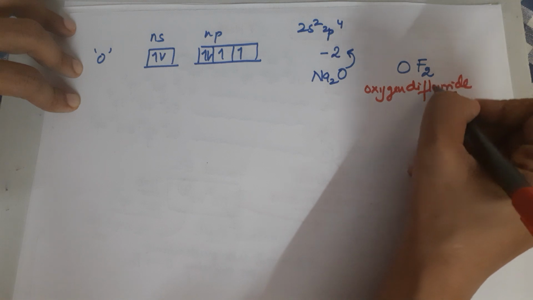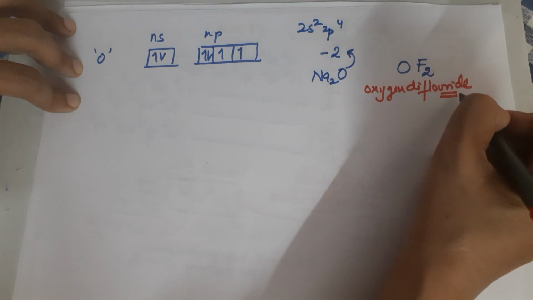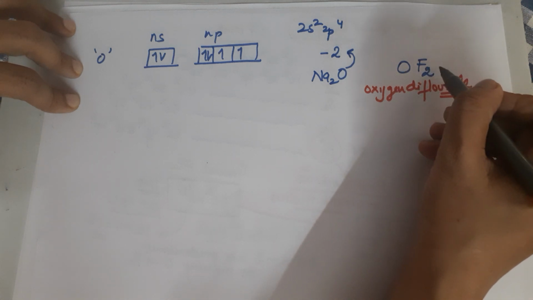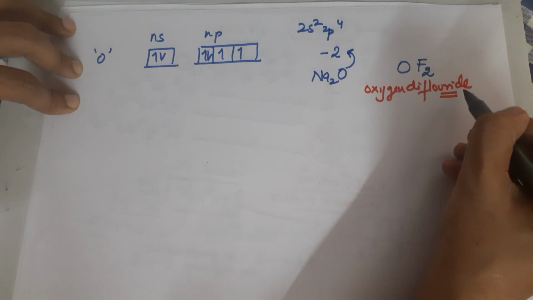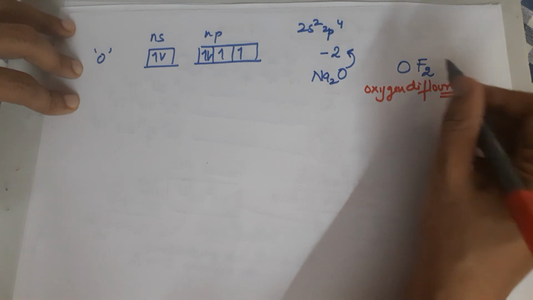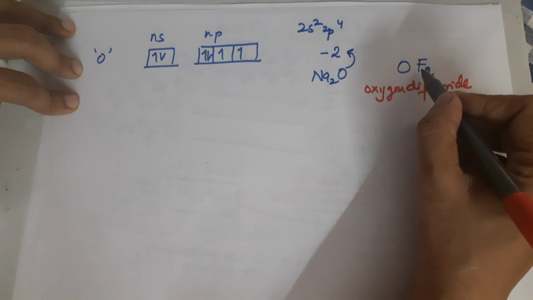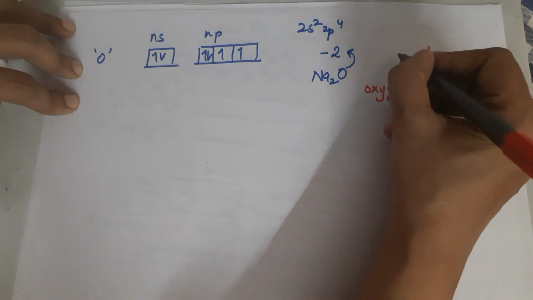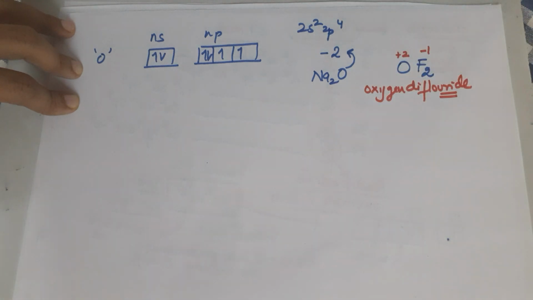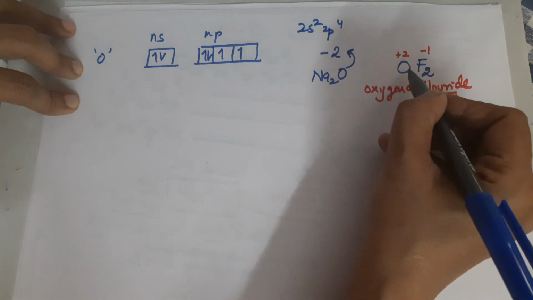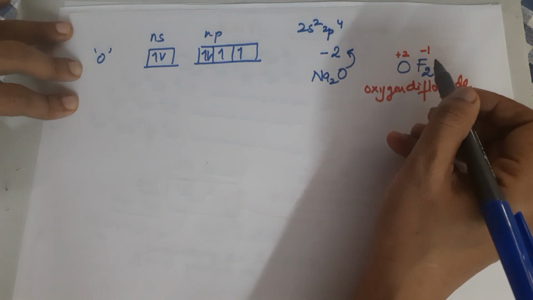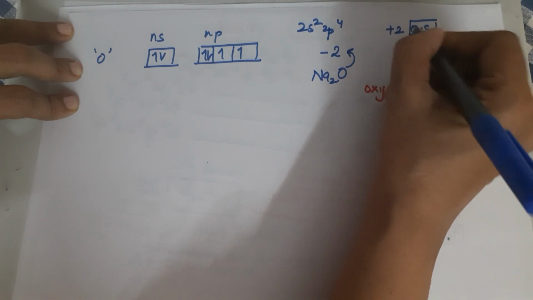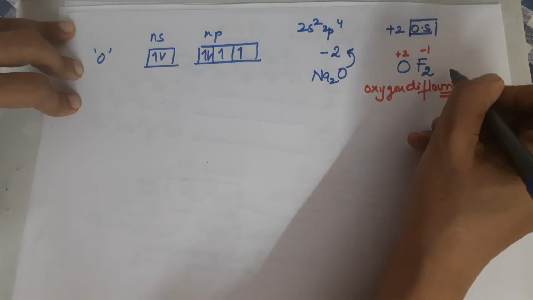The reason is that the anion is formed from the one which is more electronegative. Out of oxygen and fluorine, it is fluorine which is more electronegative. So the name is oxygen difluoride and not an oxide. In this particular compound, fluorine has a tendency to pull electrons, 2 fluorines. So oxygen gets a +2. This is the only case, where oxygen combines with fluorine, in which oxygen can have a positive oxidation state.